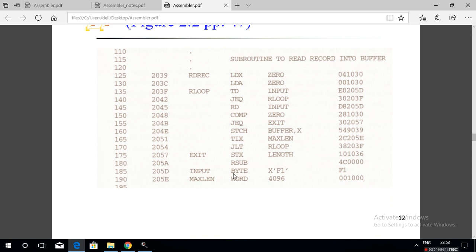If the opcode is WORD, then add 3 to the location counter value. The location counter value is the previous value plus 3. So the previous value of the location counter is 205A. If the opcode is a WORD, one word is 3 bytes, so add 3 to the location counter value.